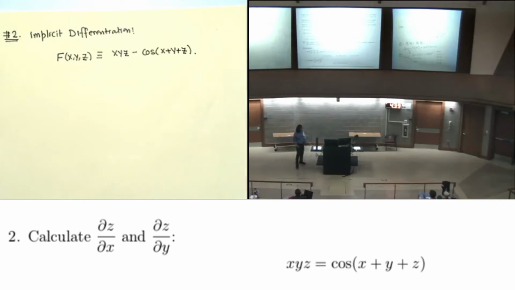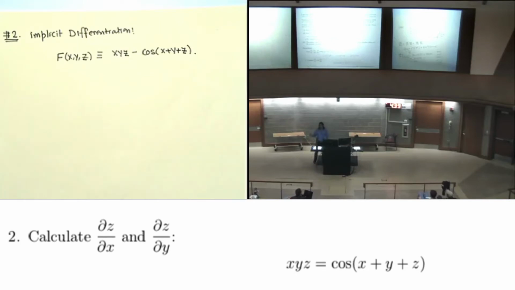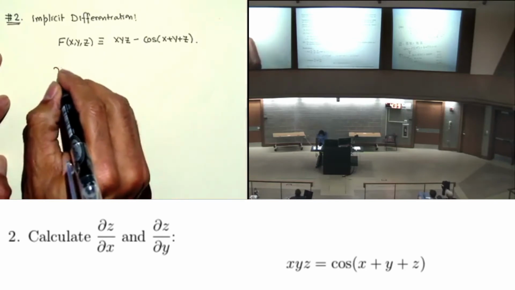So I need to compute the derivative of z with respect to x. What I could do is basically you can find the z in terms of x and y and then compute the partial derivatives, if it is possible. But I don't think it is possible doing the implicit relations, because from this implicit relation, finding z with respect to x and y is not possible. So we will use the chain rule,